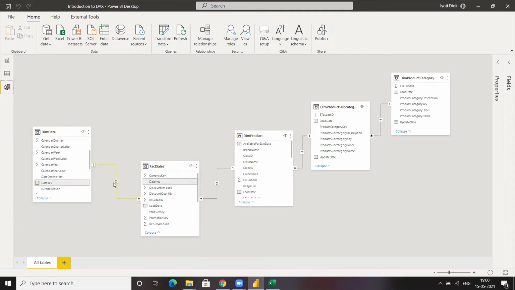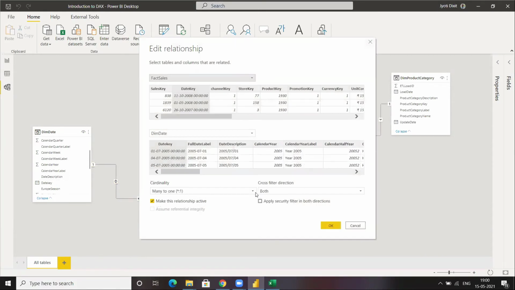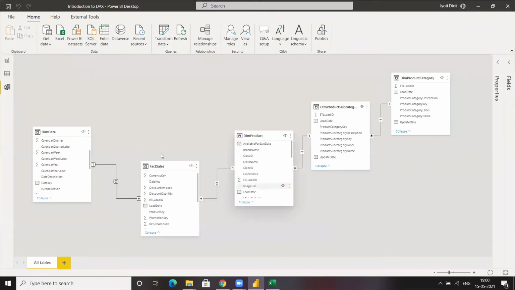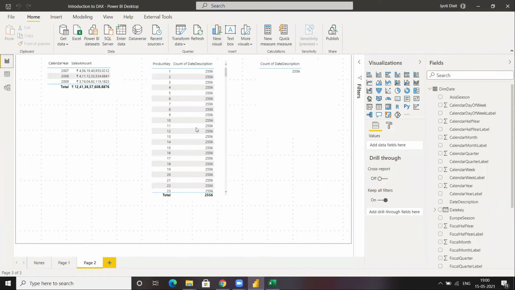But once we made the direction bi-directional, or set this cross filter direction to both, the filter was able to propagate from both tables to both tables, right? So for now, I'm again going to choose it as single. Now you can see I again get the same result, which is 255.